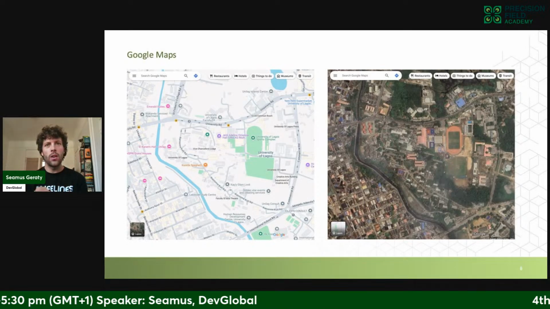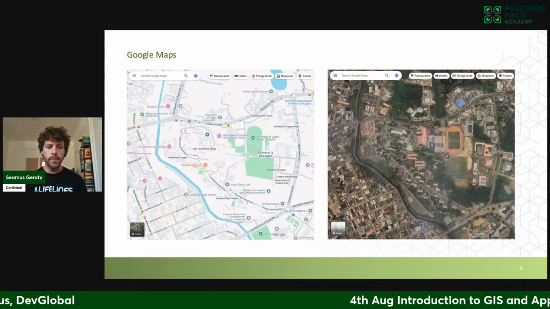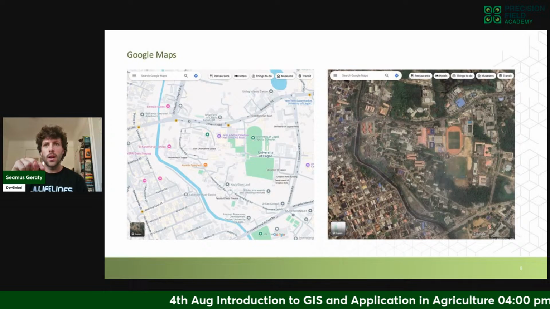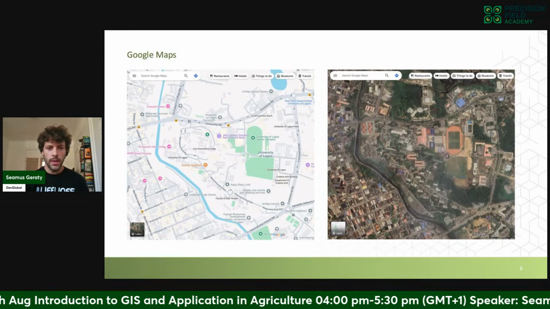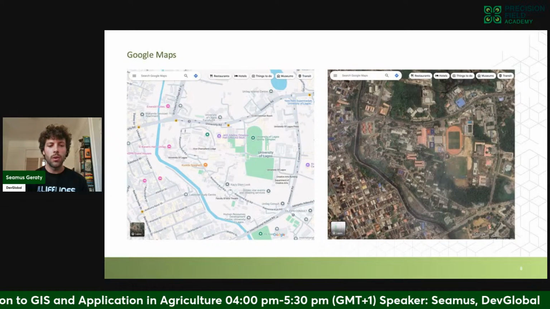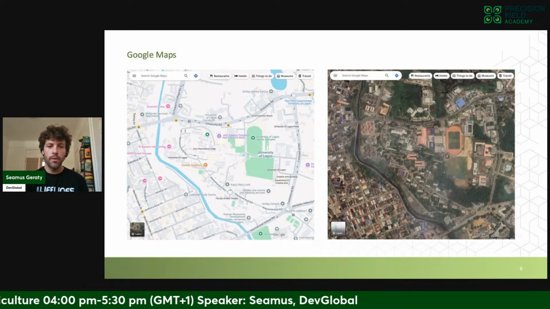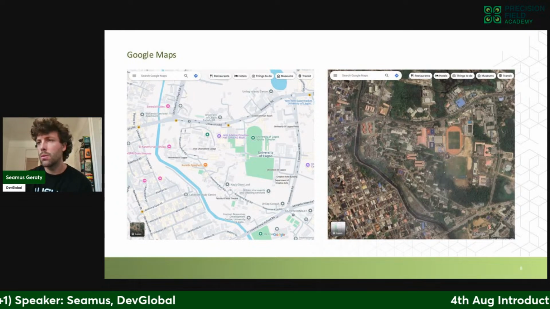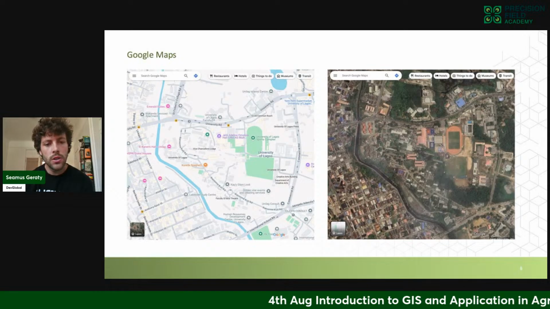But as you can tell, they're representing the exact same scene. You can see in the middle there's a soccer or football pitch with a track around it. You can see how that shows up in the satellite image, and then where that shows up in the other map. You can see roads, you can see rivers, and how the features are represented. I like to show this image first before I start getting into talking about the different types of geospatial data,